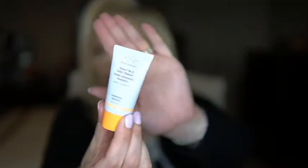And then the other little one in the little duo is the Best No. 9 Jelly Cleanser. Cantaloupe Glycerin, what it says on the bottom. So I've not tried this one yet. I am actually going to be trying out a different facial cleanser that I got in my August Ipsy today. But if I do give it a shot, or if you want to see how I like it, let me know. But in the meantime, I think it's just going to live in its cute little box